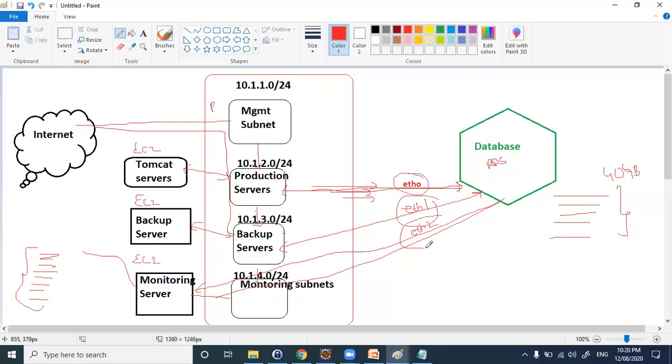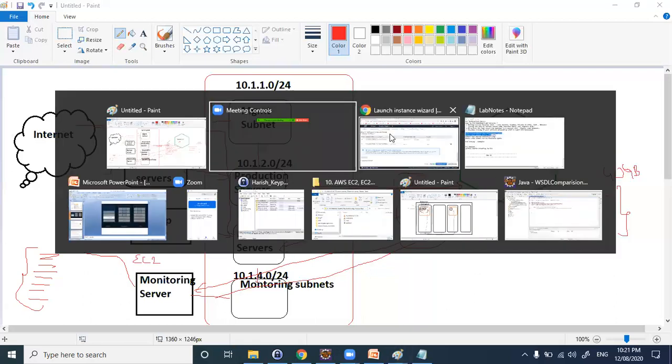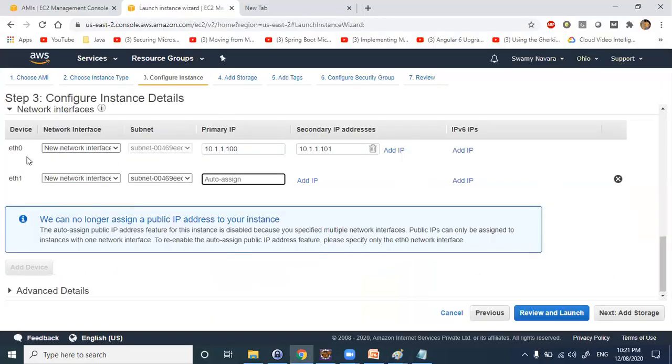Network interfaces allow one or more interfaces for a single EC2 server or a single RDS or DBS server. Because of this, on each Ethernet route you can do one operation. So here you will write to the database, here you will write to the database, and here you will read the database for monitoring logs. That way the network load traffic will be distributed through different Ethernet cables. That's the usage of Ethernet.